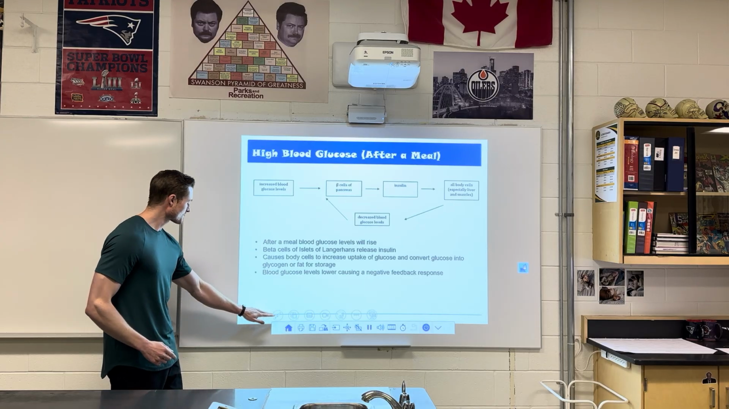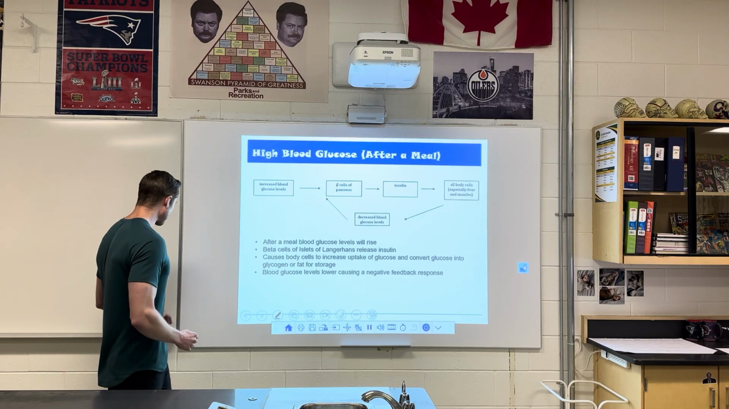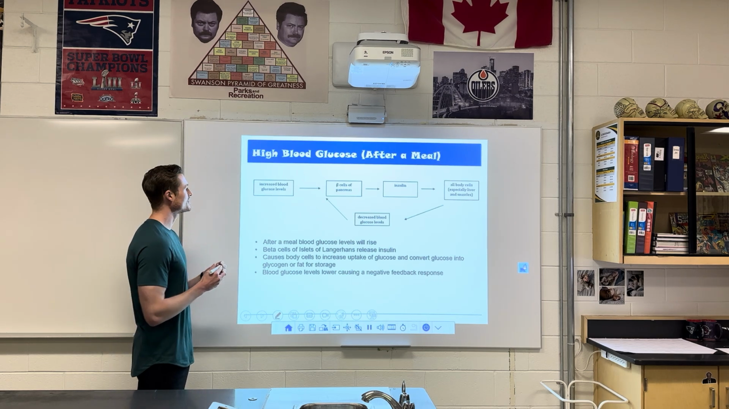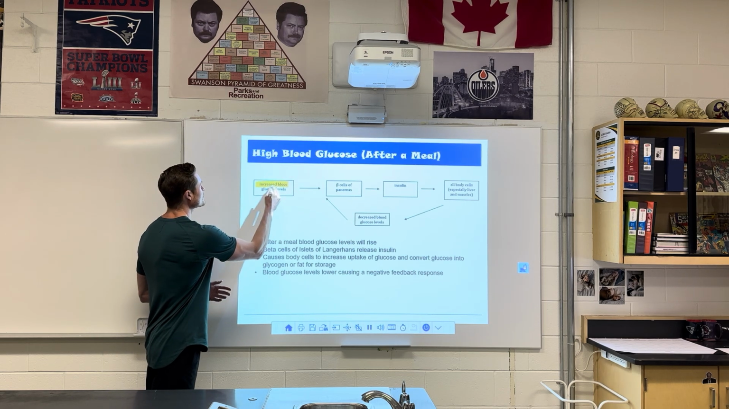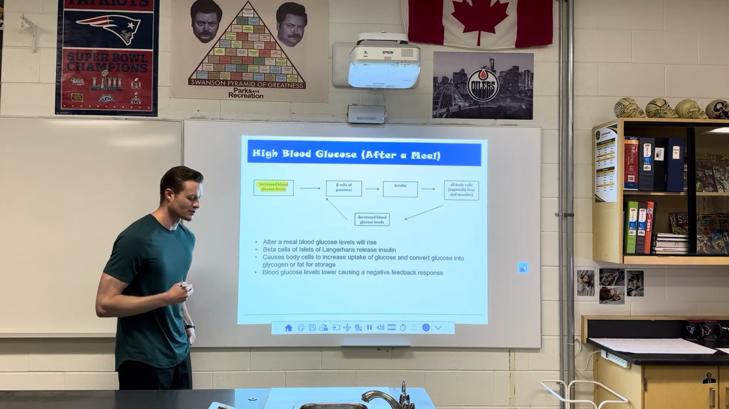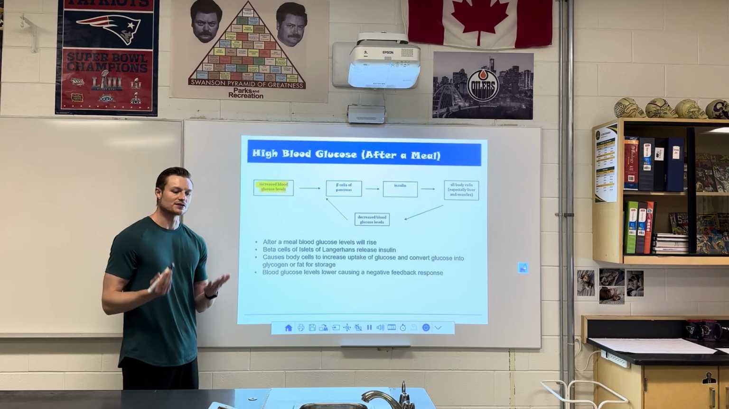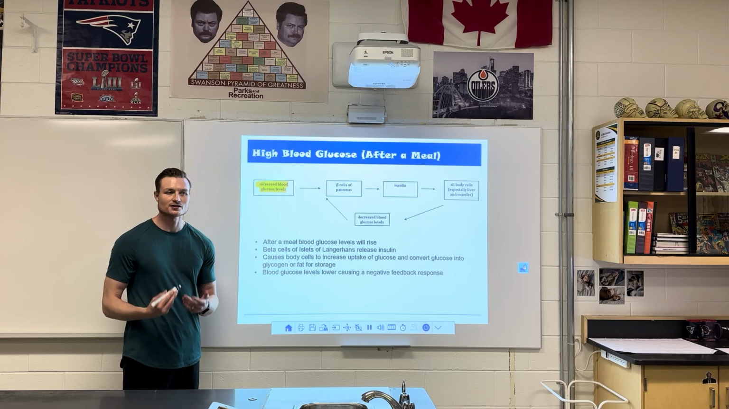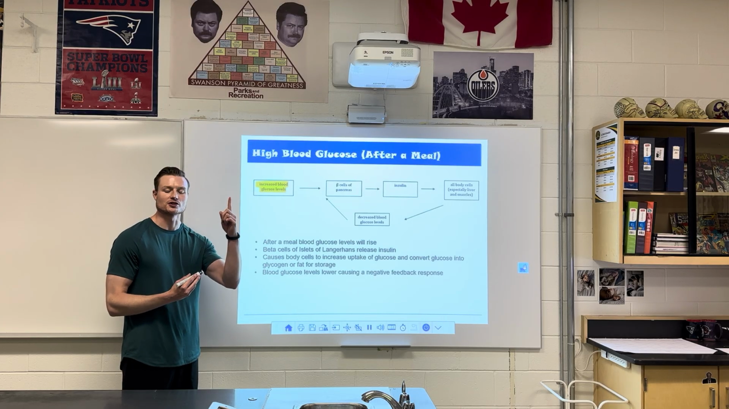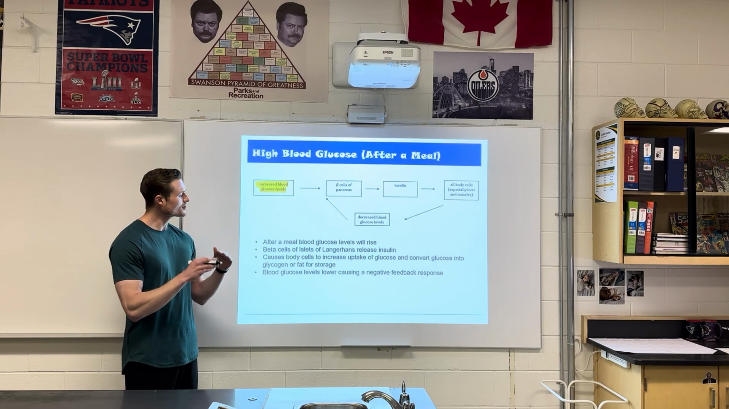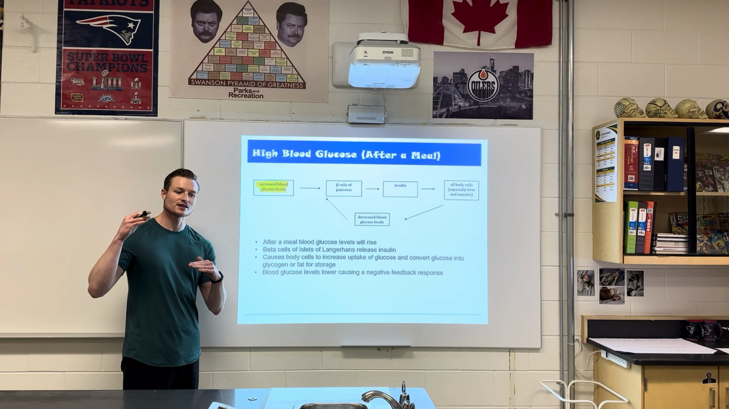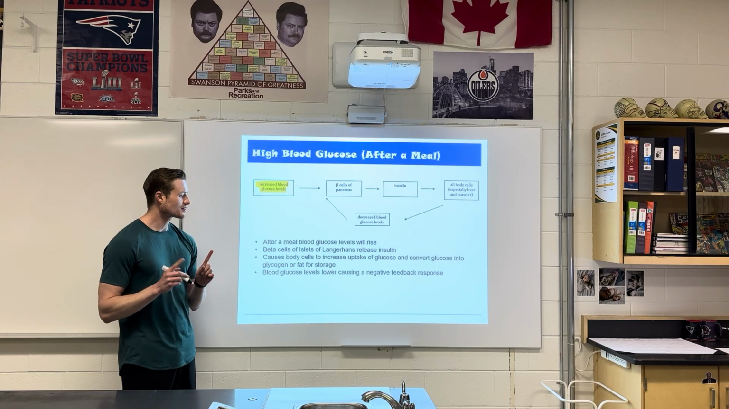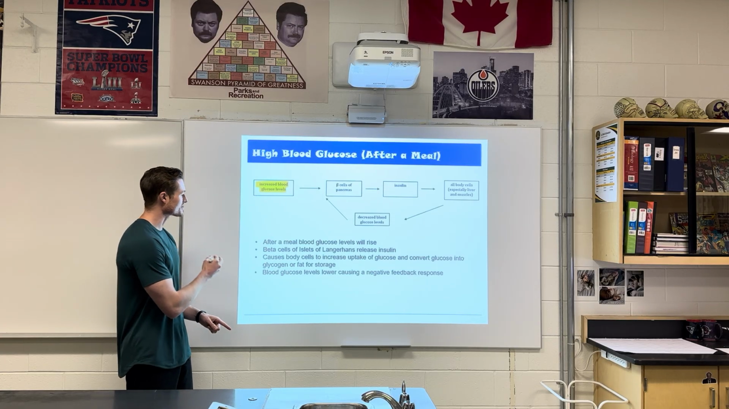So for this particular loop, the stimulus or the thing that will cause the release of insulin is an increase in blood glucose levels. So essentially you just ate something. You ate some food, probably some carbohydrates, they got broken down by your digestive system, went into your blood, and your blood sugar went up. If it goes past homeostasis, your pancreas will activate, and specifically it will be the beta cells